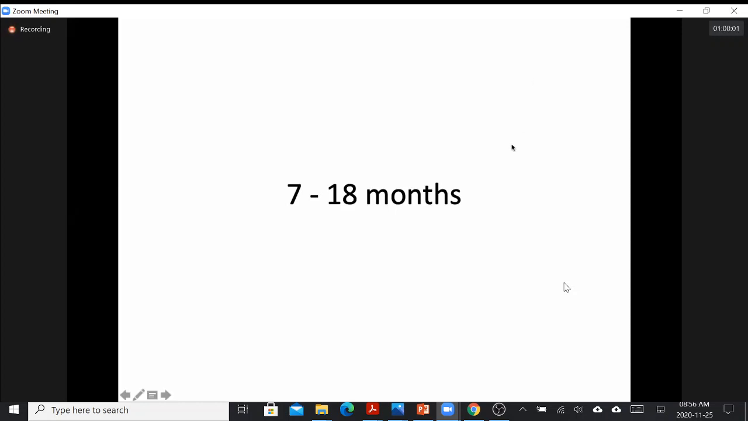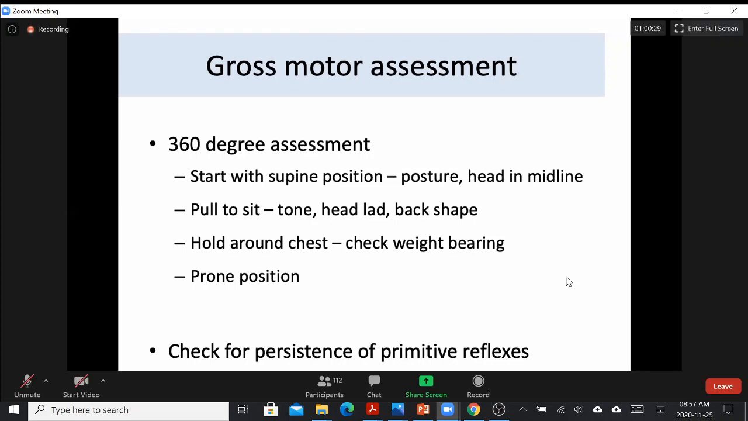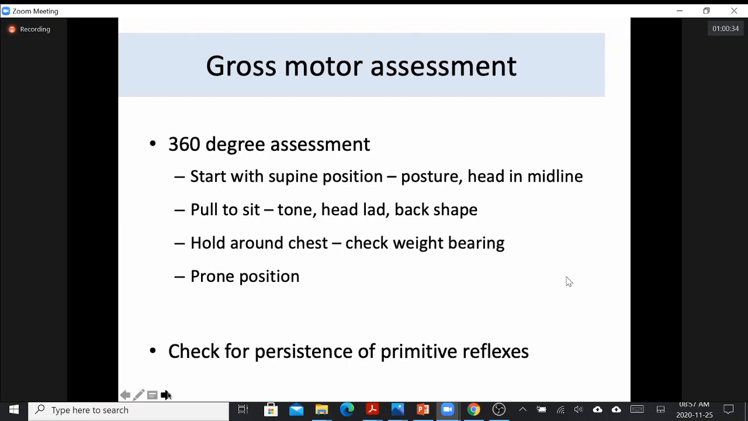So if we take a slightly larger age group now, 7 to 18 months, right? Again, when we talk about gross motor development, it's similar, where there's a 360-degree assessment, where we start with the supine position, looking at the posture, the way that the baby is able to keep the head in the midline. Then we pull to sit, we look at the tone, the head lag, the back shape, right? Then vertical suspension, prone position, and you still check for persistence of primitive reflexes,